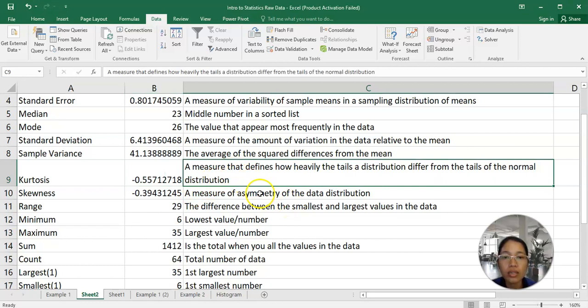Kurtosis is the measure that defines how heavily the tails of a distribution differ from the tails of a normal distribution. So we will have another discussion on another video para matuto tayong mag-interpret ng kurtosis. So ito yung pagkakaiba ng kanyang tails kasi 'di ba it's a bell-shaped curve. So titingnan natin yung behavior niya kung siya ba ay medyo matangkad, medyo normally distributed, or medyo flat yung pagka